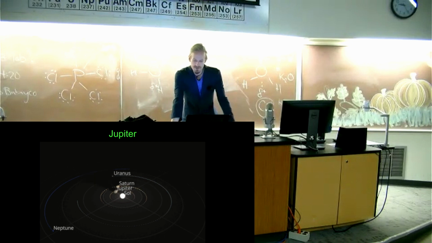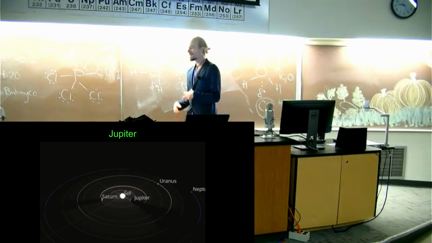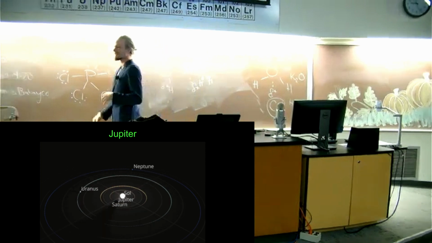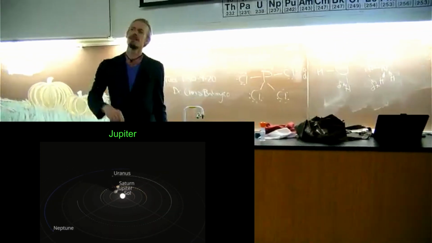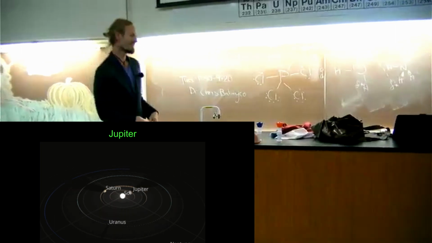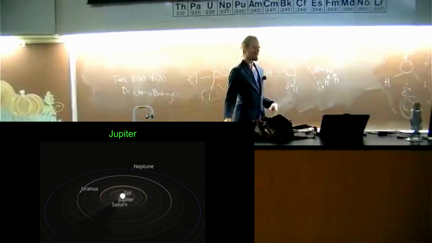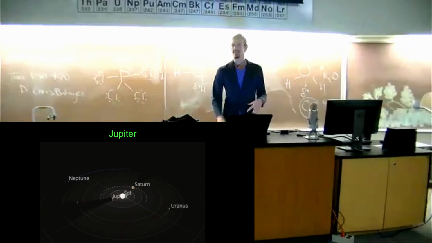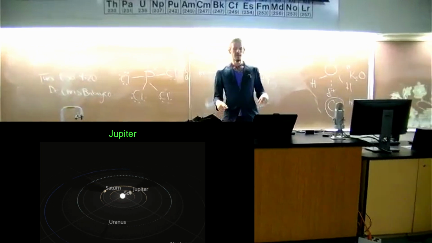Jupiter is interesting because it's the only planet whose barycenter is outside of the Sun. What does that mean? It means it orbits a place that is not inside of the Sun. So Jupiter is sort of an exception. It's outside of the heliocentric universe. It could be said that the Sun actually orbits Jupiter to some extent as well, even though that point is